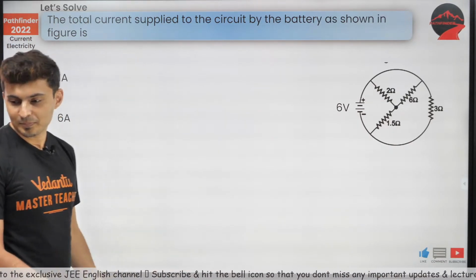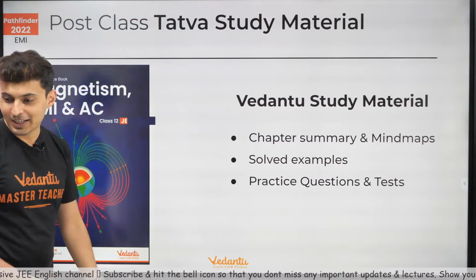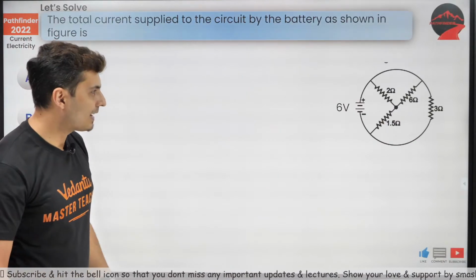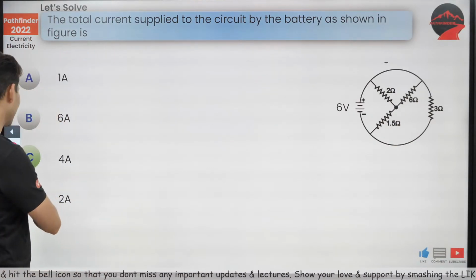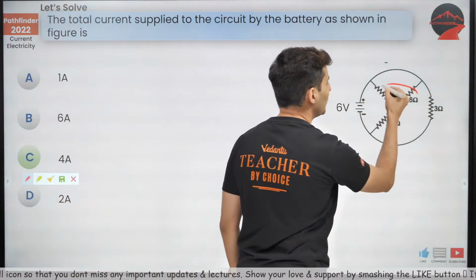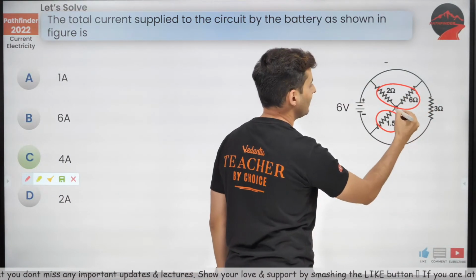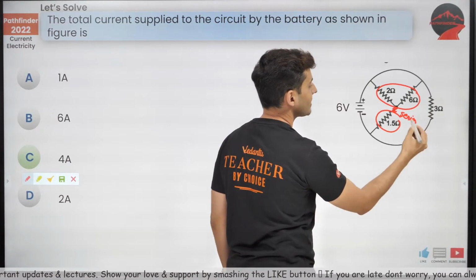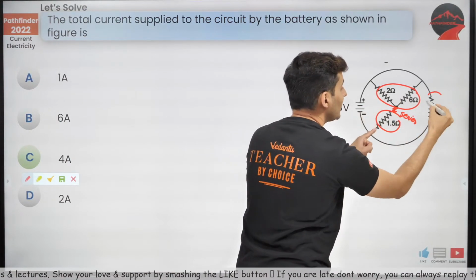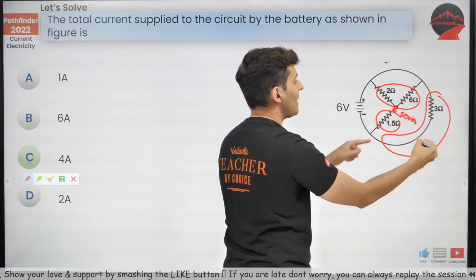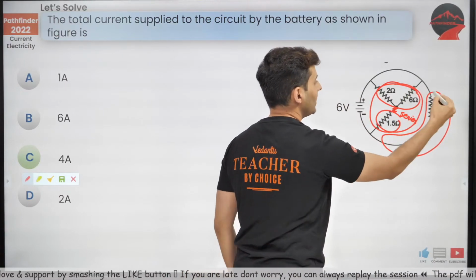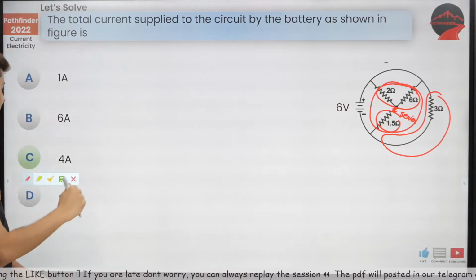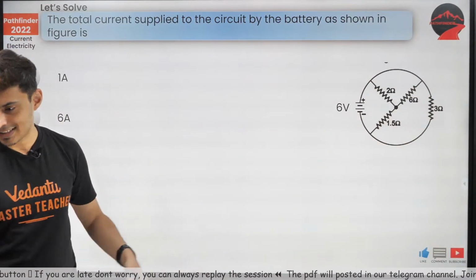All right, do that. No, they are not parallel. Sai Charan, they are not in parallel, bacha. Who told you they are in parallel? These 2 ohm and 6 ohm and this 1.5, these both are in series. This entire thing with this 3 ohm, they are in parallel. So this whole thing and this 3 ohm, they both are in parallel. Understand that. Be careful. So it is fine. It's correct.